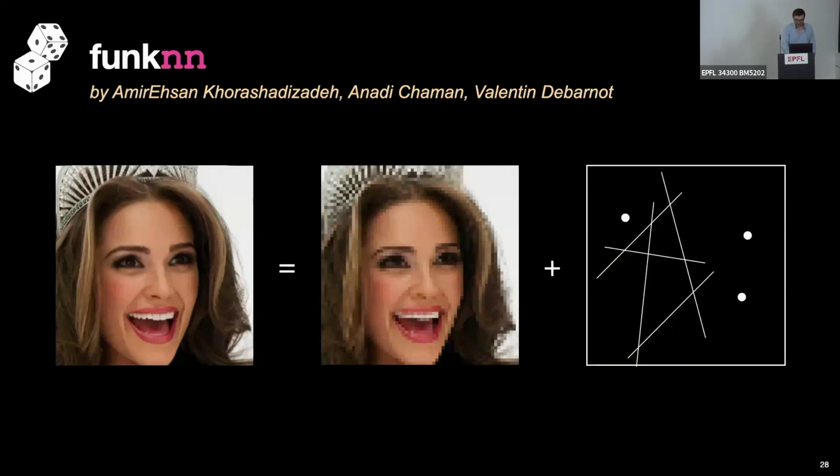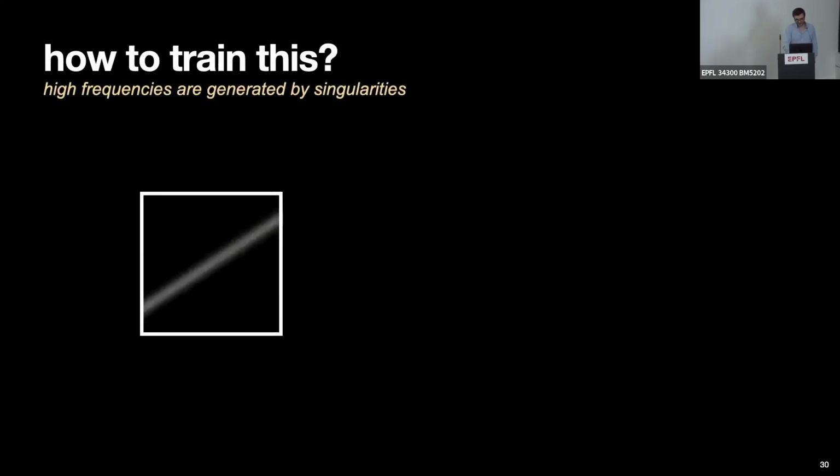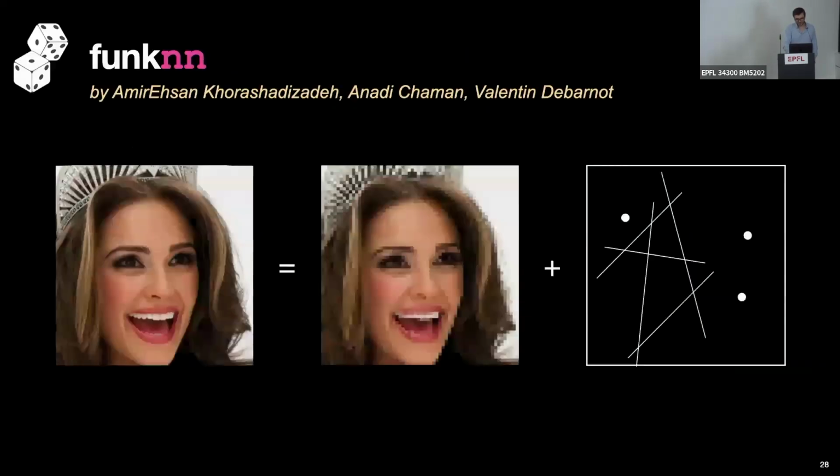Okay, so first, let me show you what he did, right? So he basically, let me see if I have a slide for that. He built an architecture that takes a patch of this image, but it takes a patch in any arbitrary continuous coordinate, and then just outputs a real value at the center of this patch, which is supposed to be the ground truth. Sounds trivial, right? Now there are major questions. One is how can you differentiate through this whole thing, taking out a patch, training the network to output this continuous coordinate, take the derivatives with respect to input, and so on. The other question is how are you supposed to train that? I mean, where you don't know what is there, right? That's the whole point of super resolution.